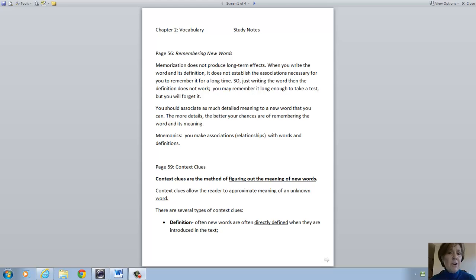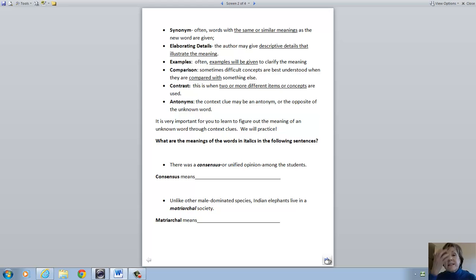So there are lots of different kinds of context clues. Context clues can be used as definitions. You can have the unknown word, and in the same sentence, the author will give you the definition within the context of the sentence. And we're going to see examples of all of these. It can be a synonym. It can have the word, and then usually set off in commas, it will have a synonym, which is a word with the same or similar meaning. So you can look for that.